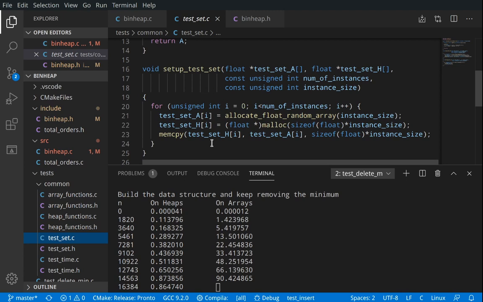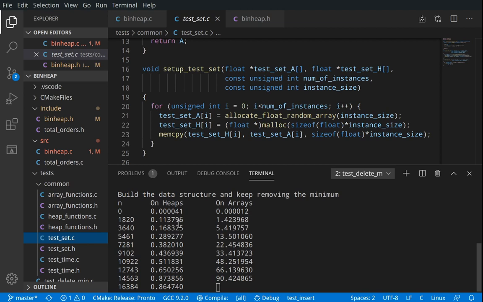Okay, so at the very beginning of the computation of this test, basically we are allocating 100 arrays whose size is reported in the first column of the table, and we keep performing the deletion on each of these data structures until the data structure itself is empty. Okay, so as I said, try to plot this